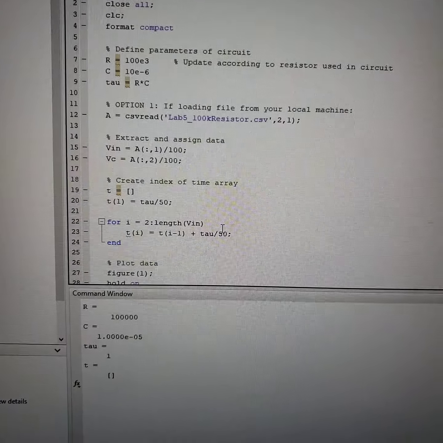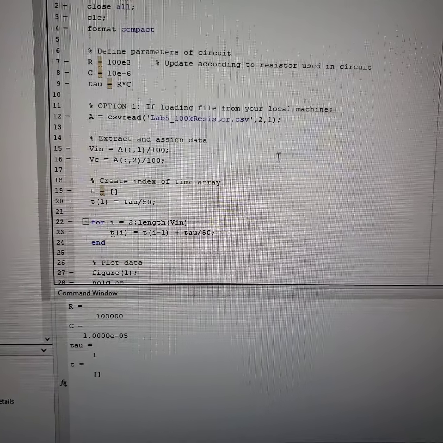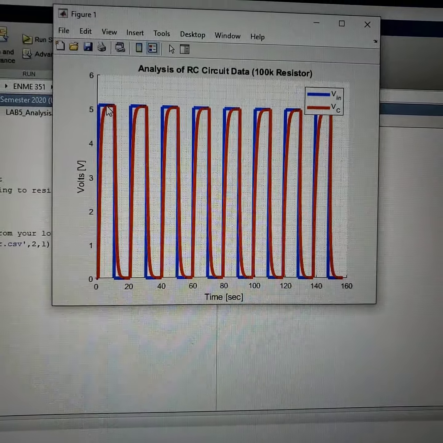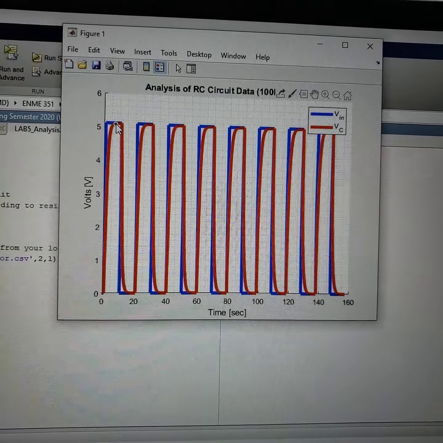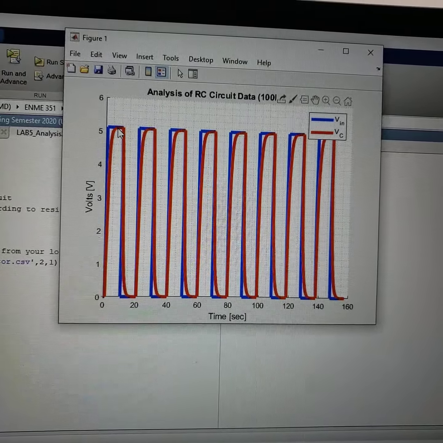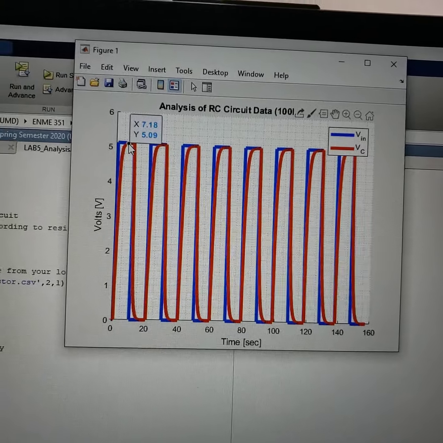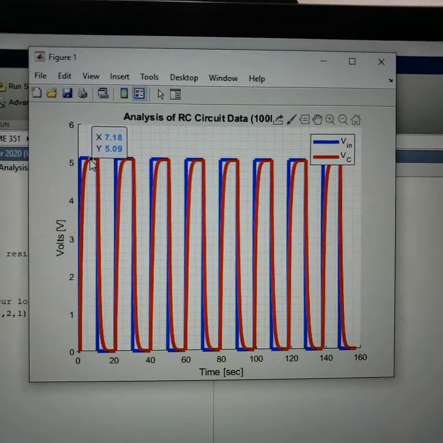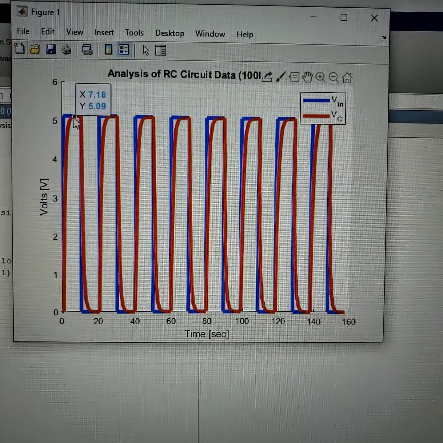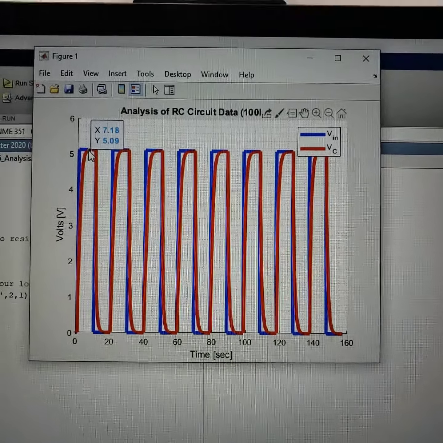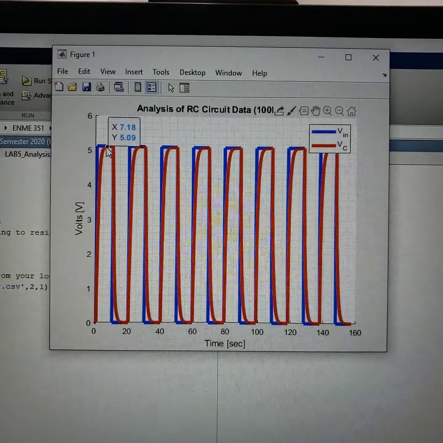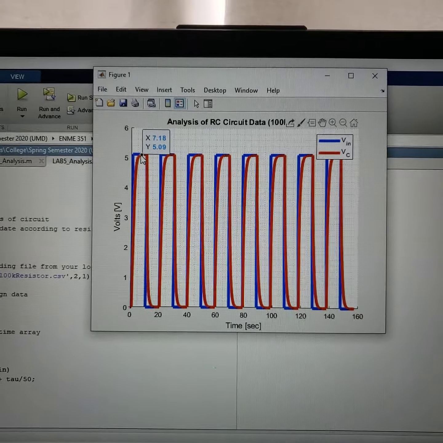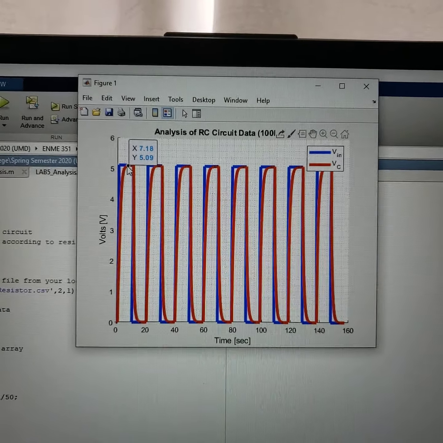this is the data for the 100 kilo ohm resistor, and it reaches a maximum value at about 5 seconds, maybe a little bit more. I might get a better value if I zoom in a little bit, but it's about 5 seconds, which was what we saw in our simulation earlier. So we can see that the simulation matches the actual values in the